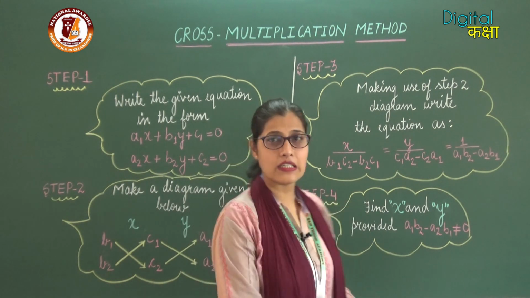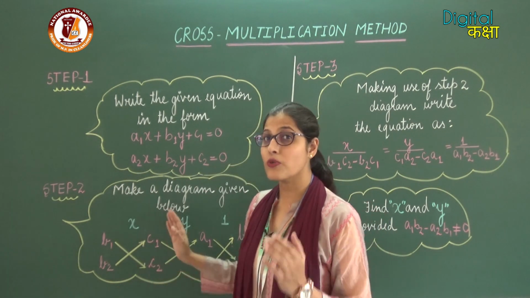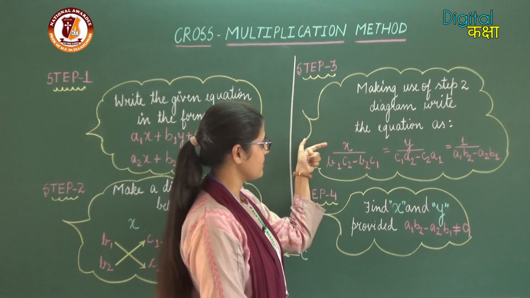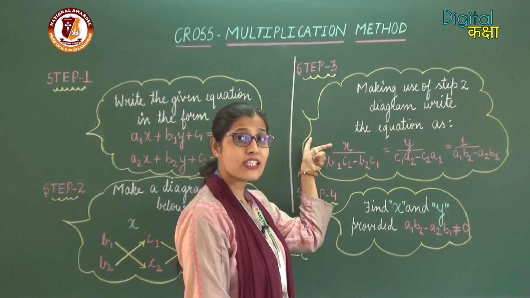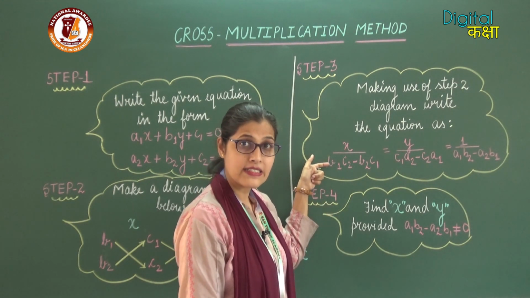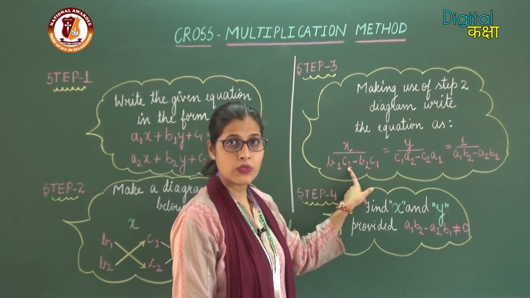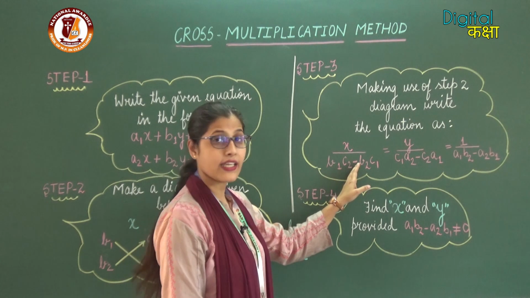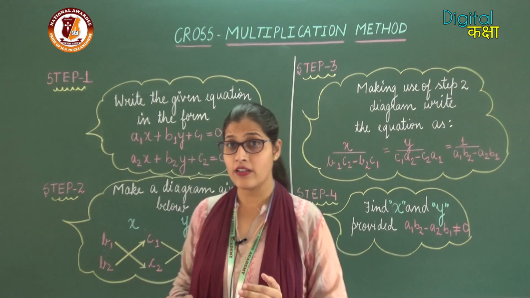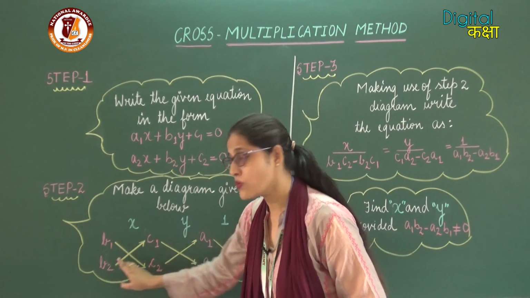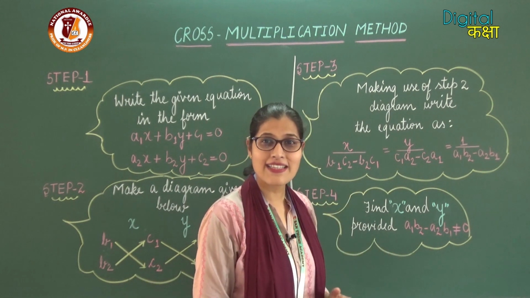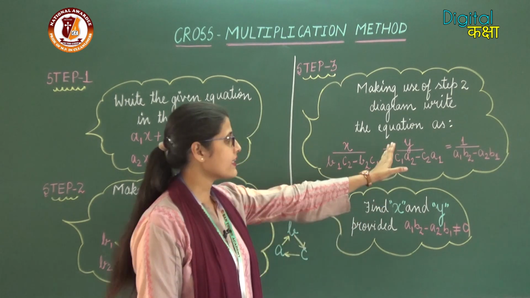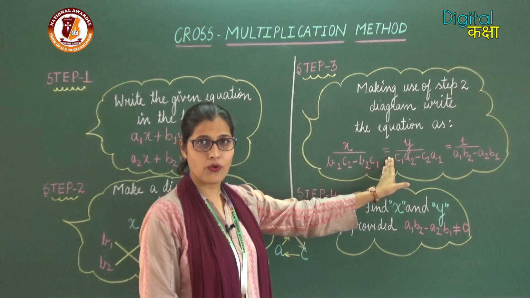So as we can see here, as I told you before also, you have to multiply b1 by c2. After multiplication, it will be written as the denominator of x. So b1 into c2, then we will place a negative sign. Yes, we will write a negative sign here, and again we will write b2c1. So our next term after the minus sign will be b2c1. Then we will place an equals to sign in the formula.